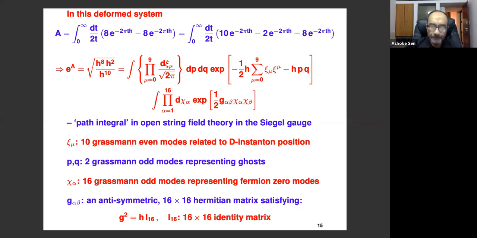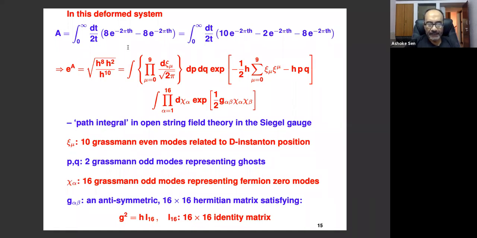Okay, so in the deformed system, after you have cancelled off all the massive modes, okay, which will have non-zero HB and HF even when you set h equal to 0, we are left with this integral. Okay, 8 bosonic and 8 fermionic modes. It's still 0. And now we are going to rewrite this trivially as 10 minus 2 minus 8. Okay, and the reason for this will become clear soon. So then if we calculate e to the a, okay, by the formula that I showed earlier, you have h to the 8 squared, h to the 8 and h to the 10 in the denominator.